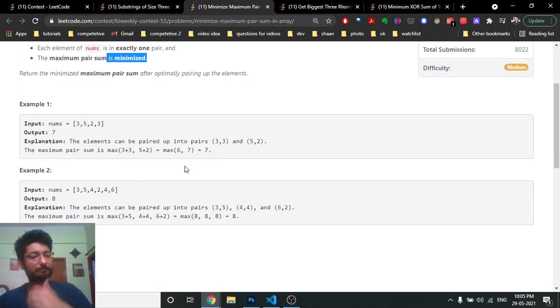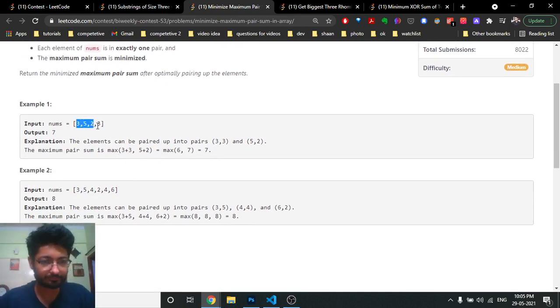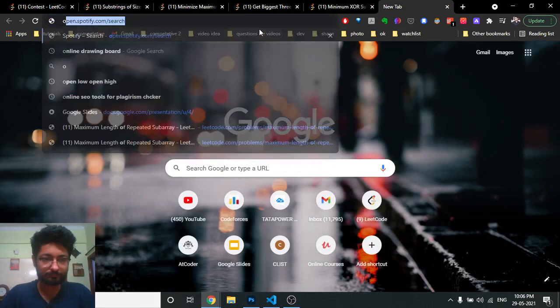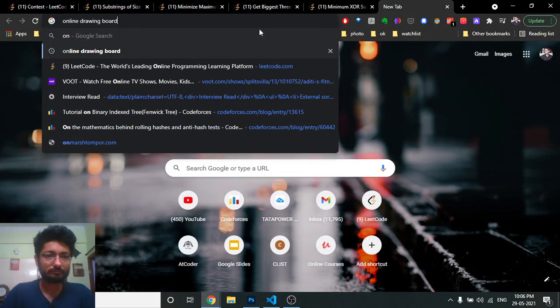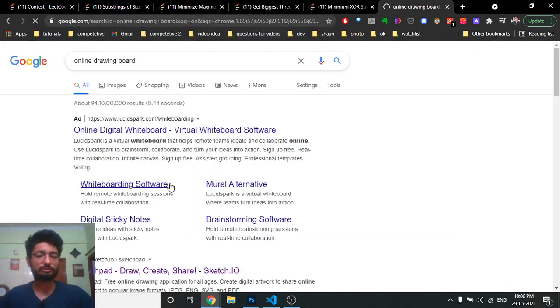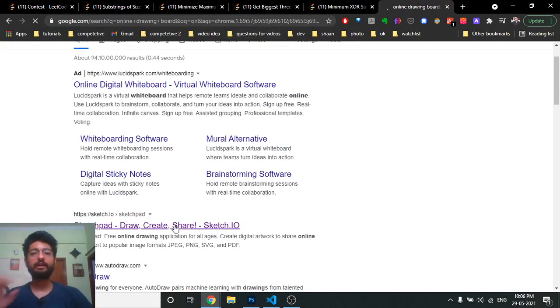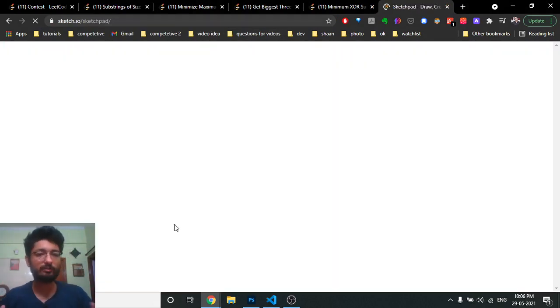As you can simply see in this problem, if you pair the first and the last element, they will obviously form the max. If you sort the whole array, I'll just draw it out. If you take the maximum two elements, then obviously they will give the maximum pair sum, but you have to minimize it.